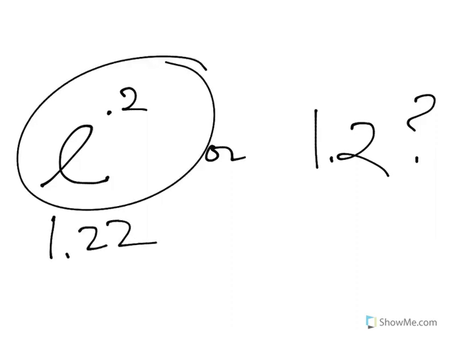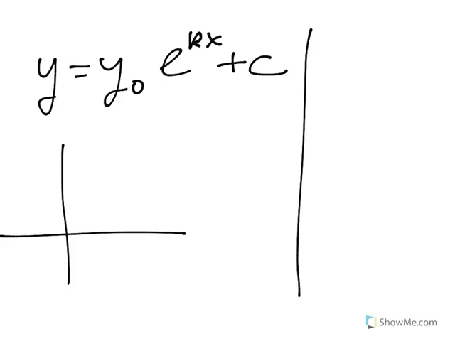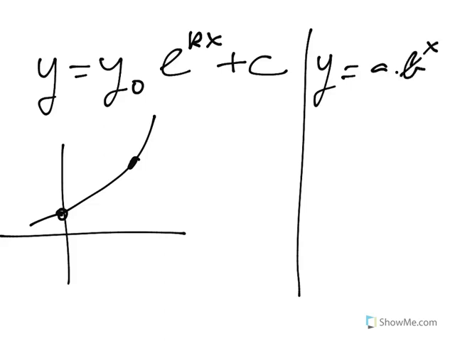There was a way to sort of figure that out. Not to figure out this number, but to see that, compare it to 1.2. In a previous unit, we saw that we can take a model for an exponential equation and get it in the form y equals a times b to the x, where b is some growth rate. Well, it's also possible to get exponential equations in the form of y equals y0, which is kind of like a,